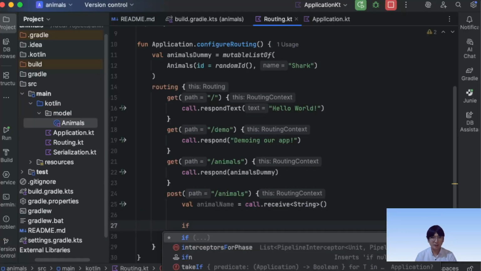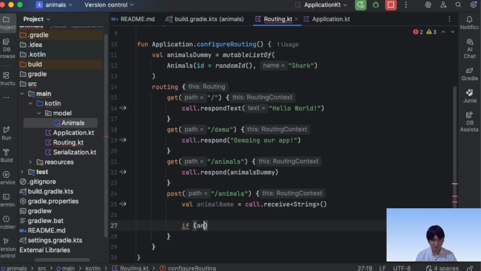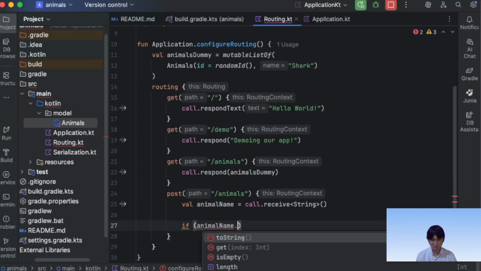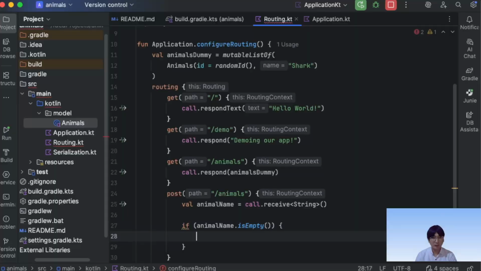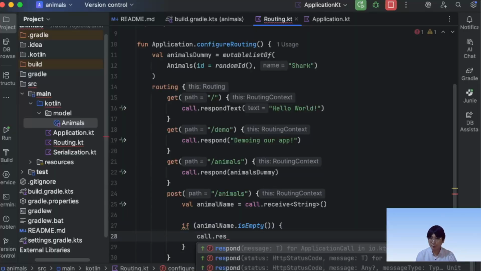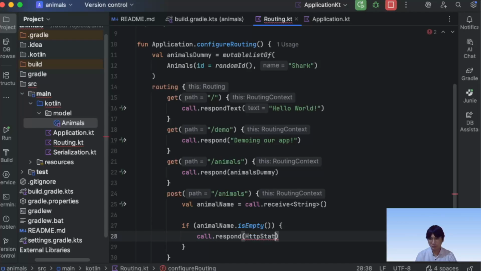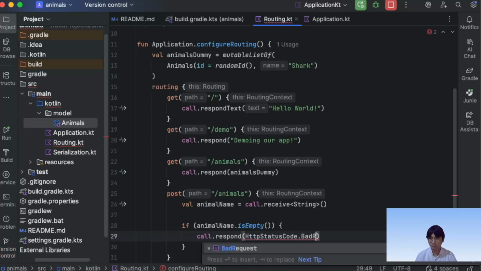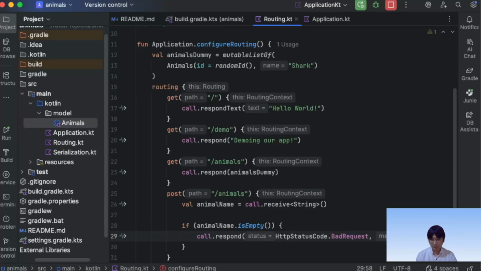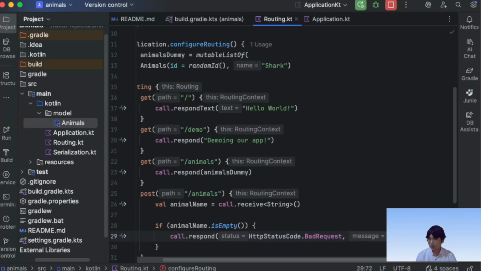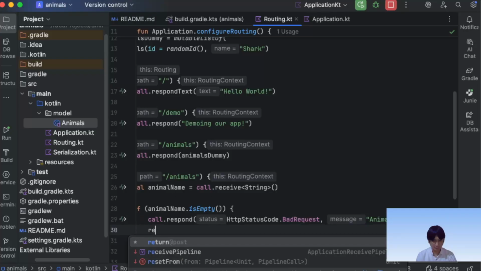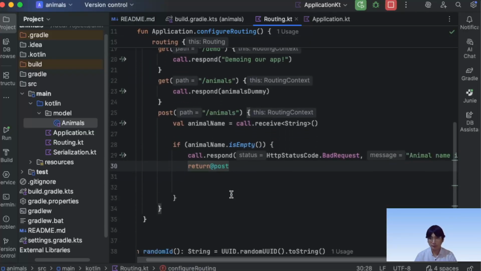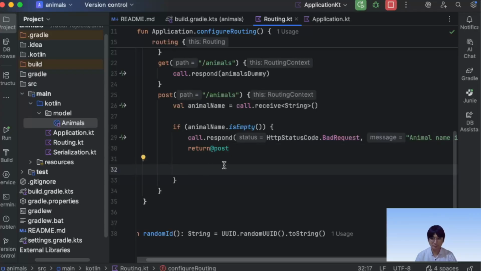As a safety check, if the name is empty, we'll send back a bad request error. So let's make the condition if animal is empty. We will call bad request and with the message of animal name is missing, return. So we have to return this each time to make sure that it is not running the next block